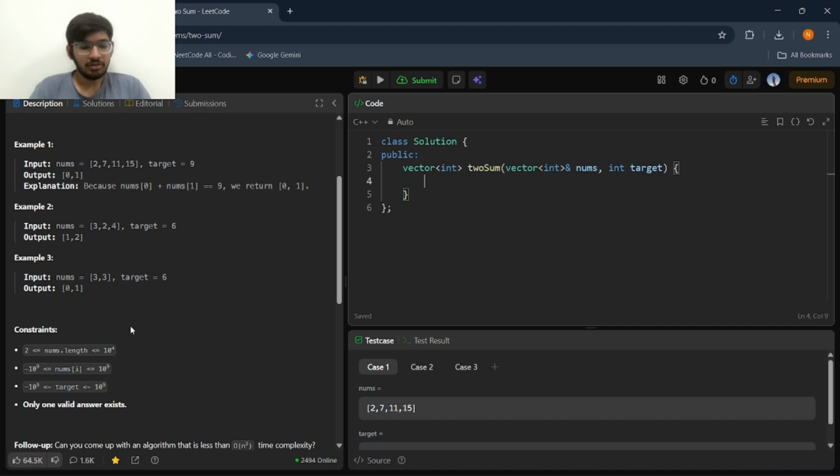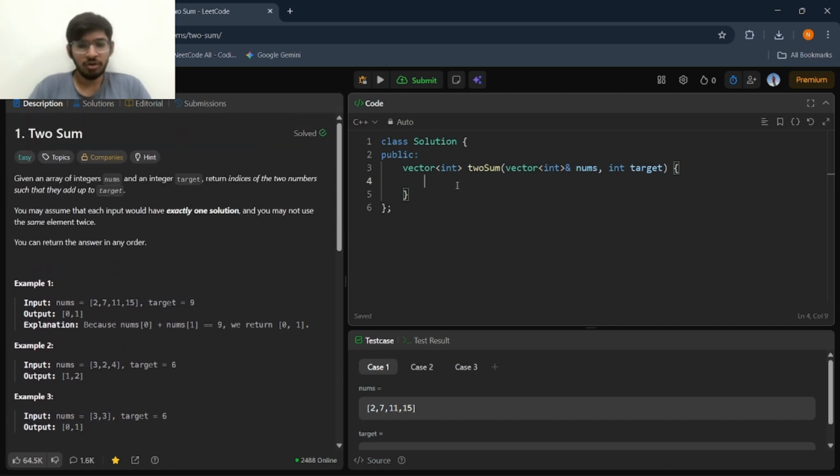Example 3: input nums equals only 2 values, 3 and 3. Target equals 6. Output is 0 and 1. Code is: